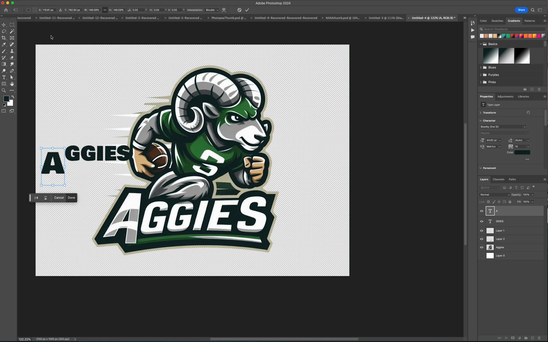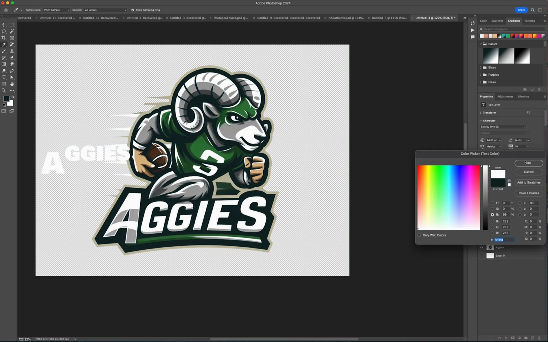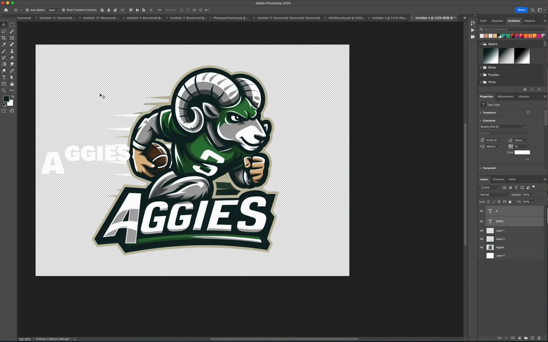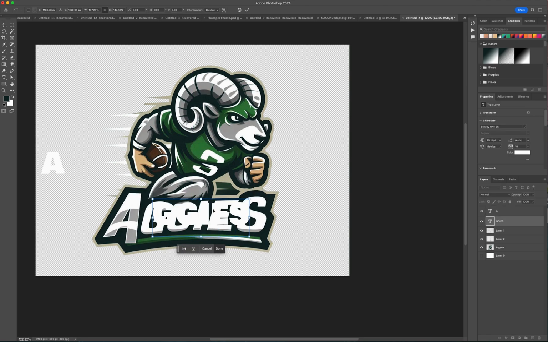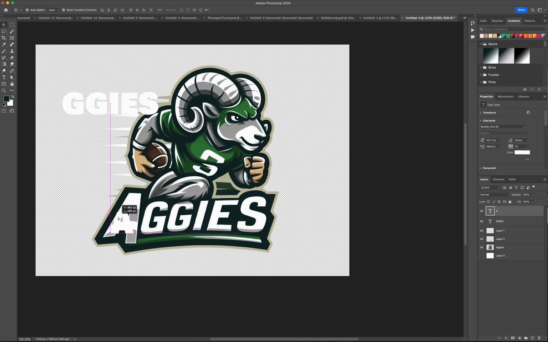And then what we can do is go ahead and select both of these, make them both white, just like the text is right here. And the best way to do this is to just put them where they're supposed to be. I'll do it outside of the logo because we're not actually going to change anything. But you'll see here, all we have to do, I'll use the A as an example. If I just wanted this A to conform to this inner part here, all I would do, in fact, just